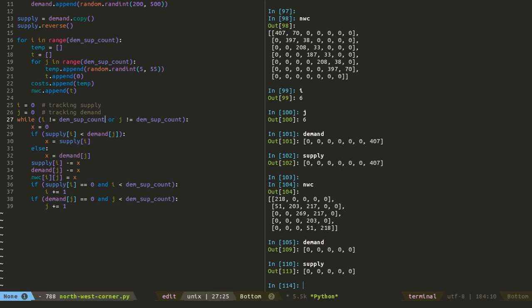and now we need to calculate the last thing, that is total cost. So total cost equals 0 initially. What we have to do now is go through all the elements, for i in range of 10, I mean range of demand and supply count, for j in range demand and supply count,